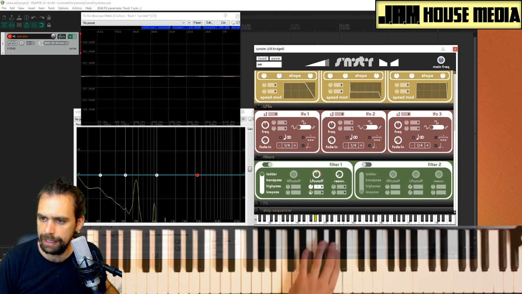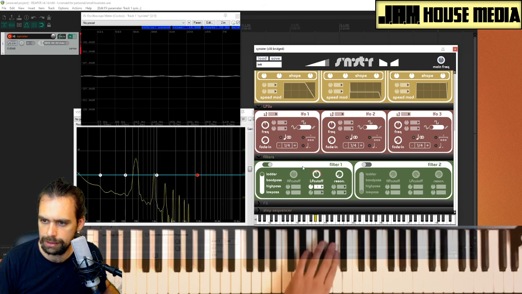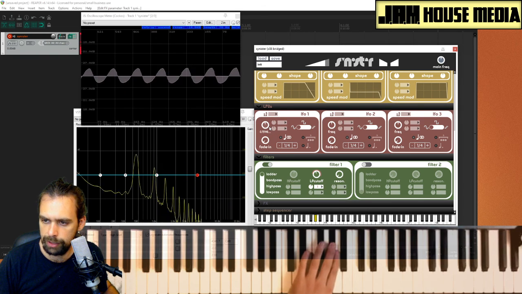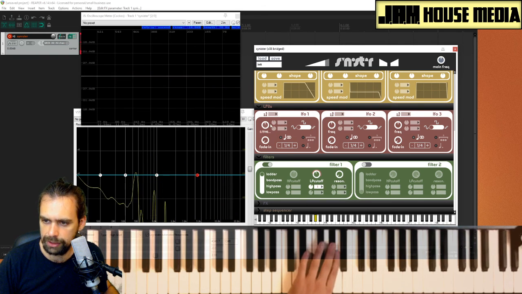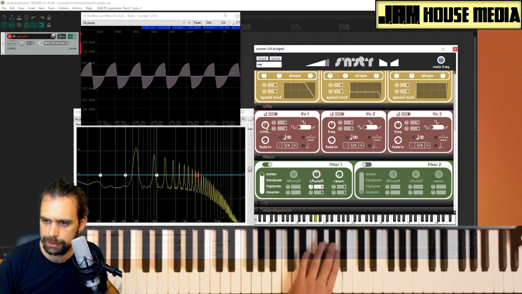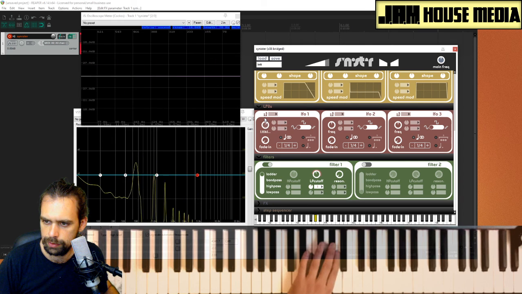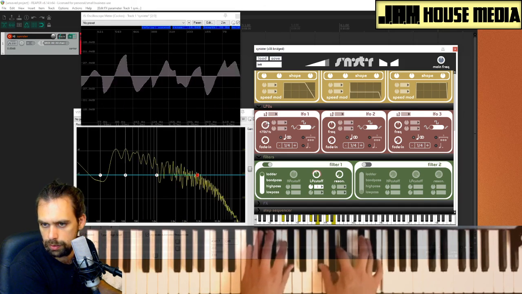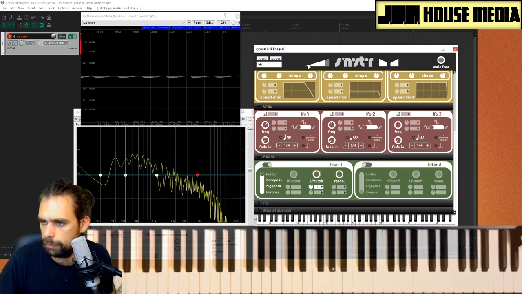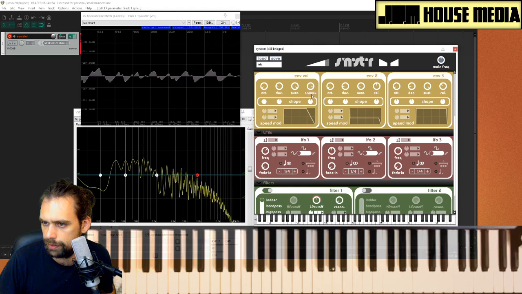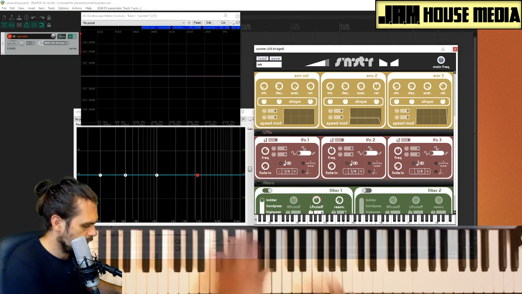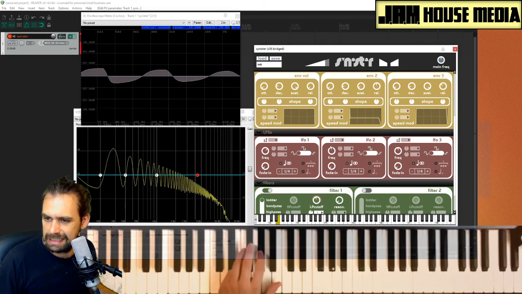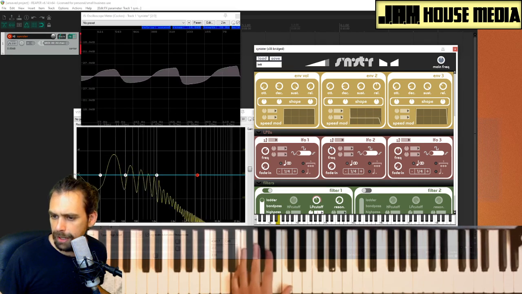The current speed that it is doing this is set by this frequency knob. So it's sort of slow right now. If I want it to go faster, I can bring up the frequency amount. Let me bring down this release. So this is getting to be a sort of pretty fast